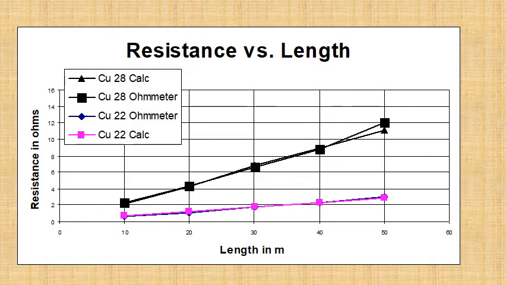This is a blow-up of the graph that you'll be doing in terms of the total length of the spool or the equivalent spool against the ohm meter reading against the calculated value for copper 22 and for copper 28. And in this particular case, we see good agreement. That may or may not be true